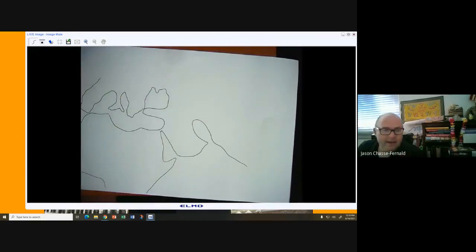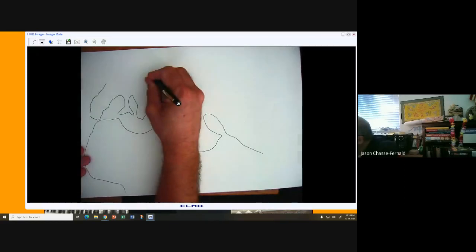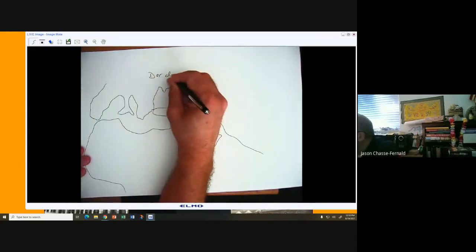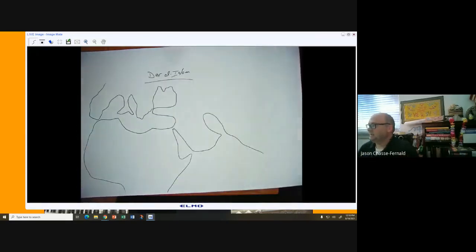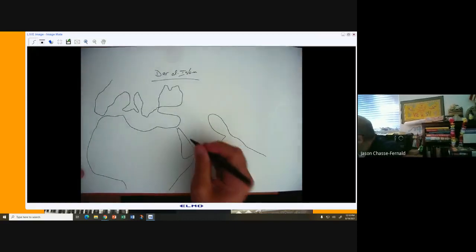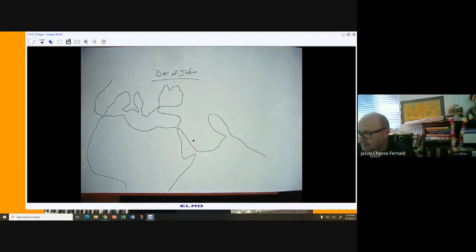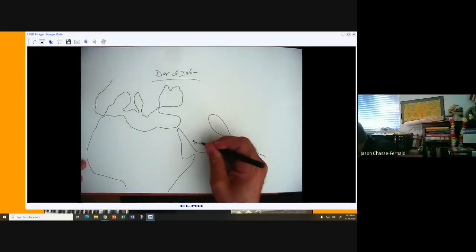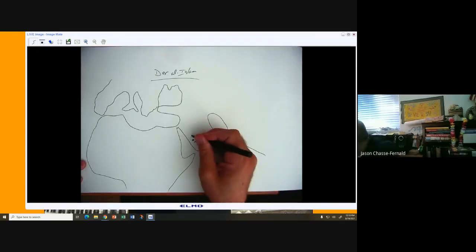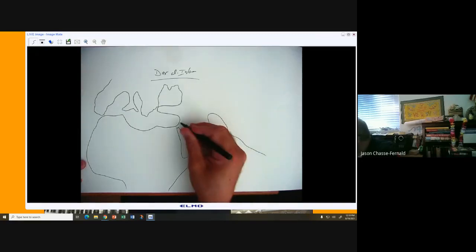All right, so that being said, let's label this Dar al-Islam. Right, it's part of your homework last night. So when I say that, you should know exactly where that is. All right, so where's Mecca? The city of Mecca is on the Arabian Peninsula, off the water, right? So kind of off the traditional trade routes, about 100 miles off the coast, right? So Mecca. All right, so let's move up a little bit. That's where the city of Medina is.